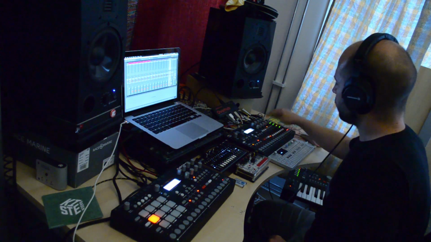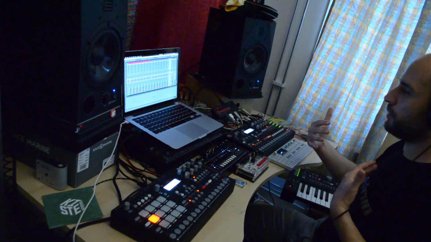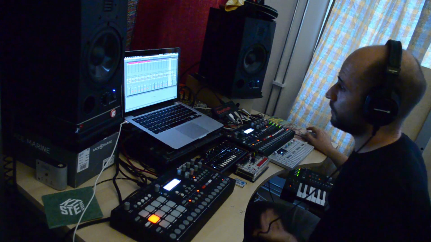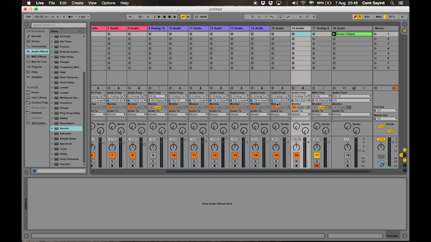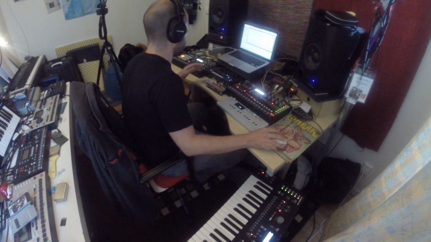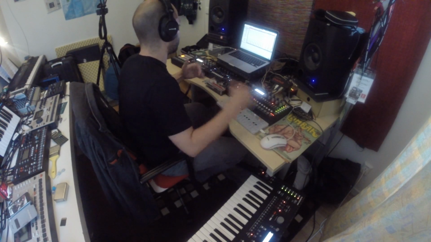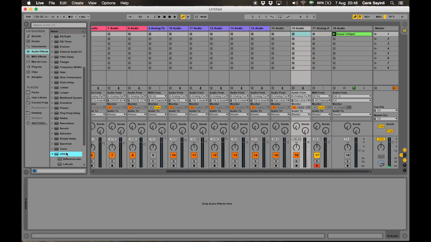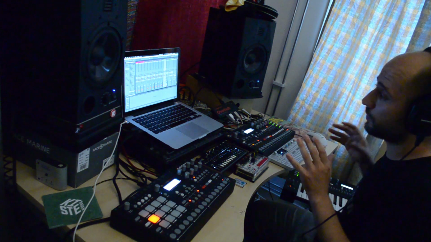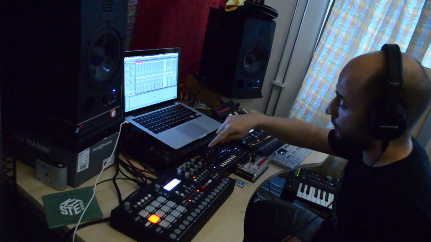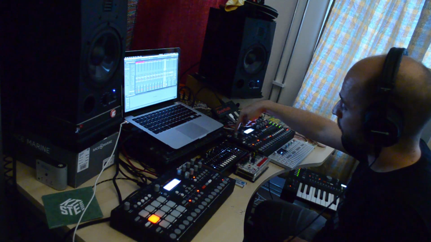Now Analog 4 and Keys have got stereo inputs, left and right. You can treat them as individual audio inputs like I have done right here. There's two of them, but both of them are getting the sum of left and right. They're stereo pairs. In Ableton you have the Utility plugin where you can drag and drop the left input to make just the left input audible, and the right to make just the right. So now they're two separate tracks, and I've got the Acid 8 going into input left, and